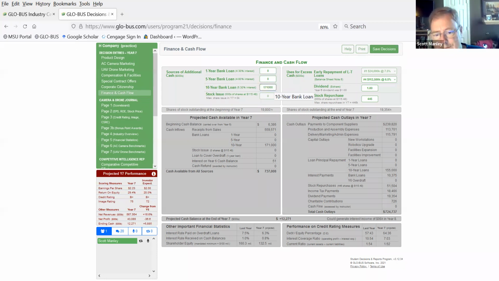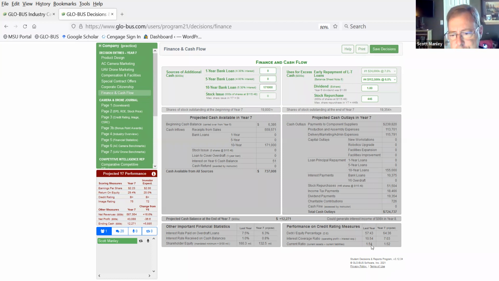What I want to do is make sure that, to the extent possible, if I meet my projections, I'm not going to have a cash shortfall, because a cash shortfall triggers an automatic 1-year emergency loan. And you don't want to do that. If you have to have that overdraft loan, it's 6.3%. But because it's a 1-year loan, it only brings your cash balance up to zero. You don't have the cash in the bank that you need to have. Plus, you've got a new 1-year loan, and that really hurts you on your current ratio.